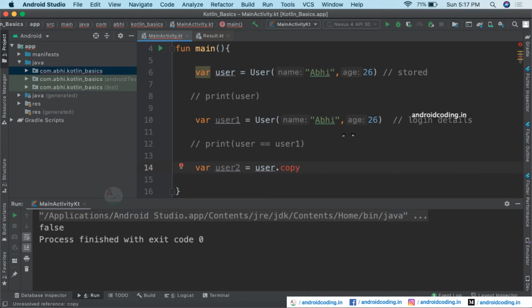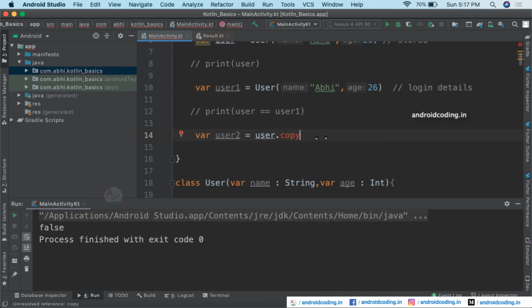Here we have seen the three scenarios where we try to print the data to string format and we have failed, and we try to check the equal data, that is we try to compare the data and check whether they are equal or not, and that scenario also we failed. And now we are trying to copy the data, and this particular scenario is also not possible currently.